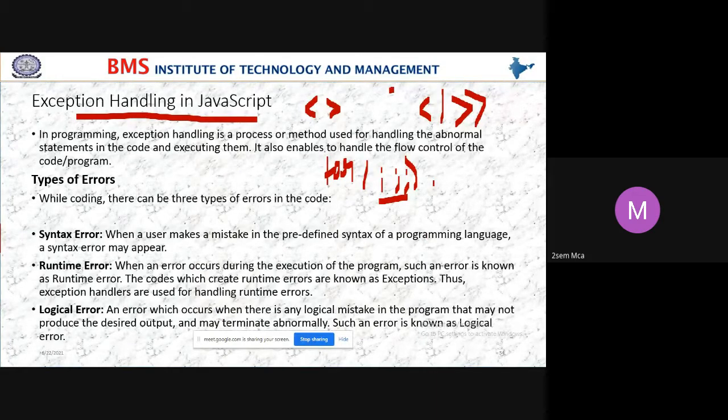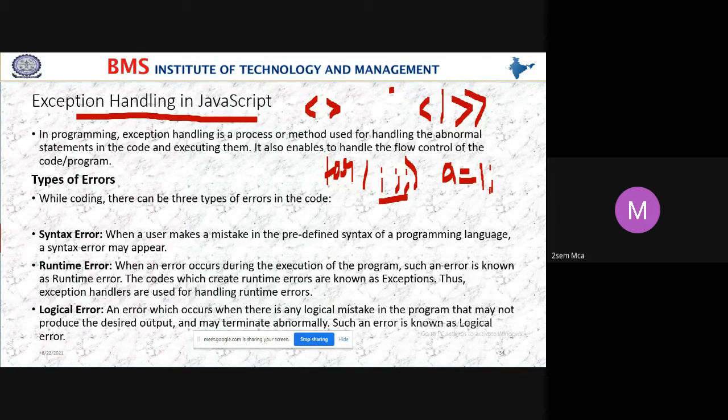And generally, when you declare or assign a variable, suppose a is equal to 1, it is not correct according to syntax, because you have to end a line with a semicolon.